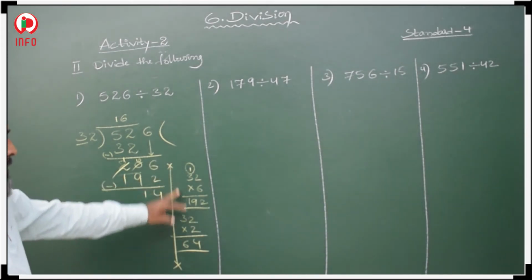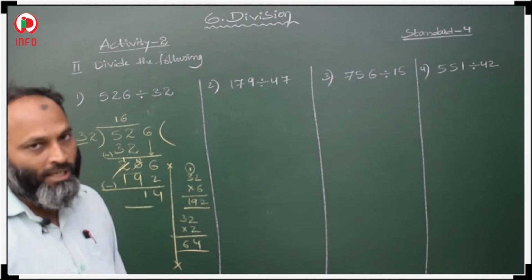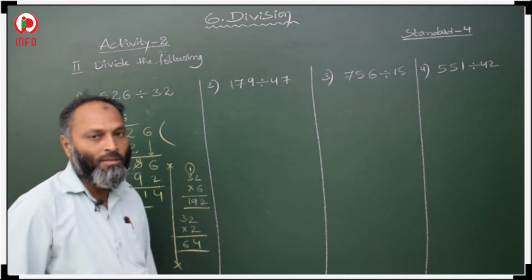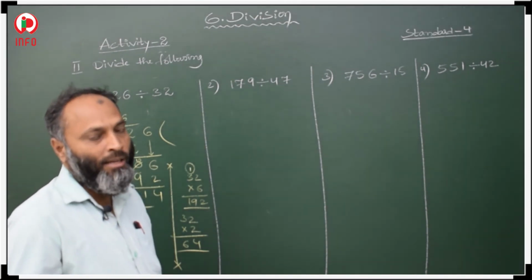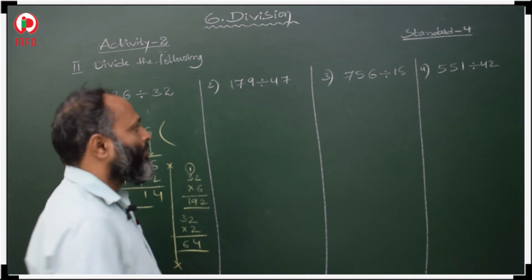Okay. In the rough column you have to check when it will come in the 32 table, because 32 is a big table. So, you do not know the 32 table, no. First you multiply and check. So, where the number will come, that nearest number you have to take. Okay. Next,